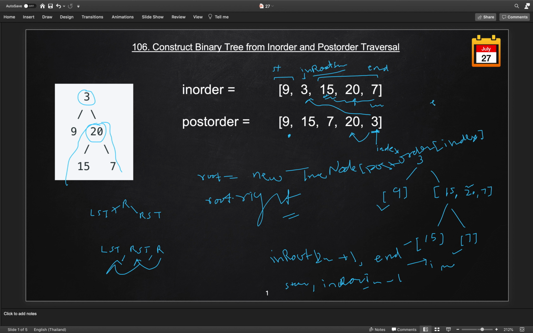If we subtract end minus in-root index, we will get the number of nodes in our right subtree. Then we subtract this from our index, we get this point here, and after that we need to subtract 1. This gives us this 9th index. The same way we will do it for the rest.